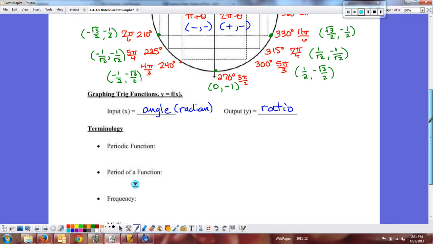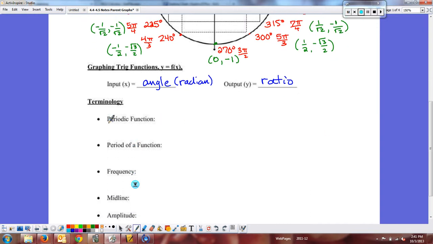Now, before we get into the graph, let's just remind ourselves a couple of things. Periodic functions are functions that have a repeating pattern, that their y values, after a certain amount of time has passed, a certain angle has been gone through, have a repeating pattern. And we have talked about that before. So the definition that we had from earlier is that any function